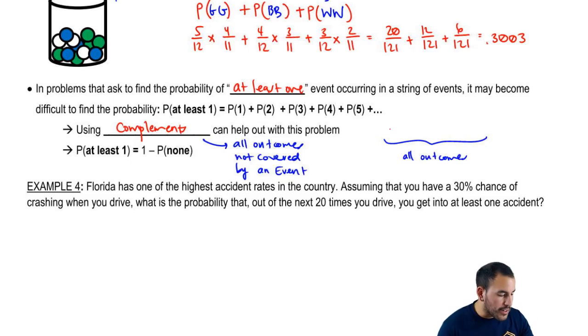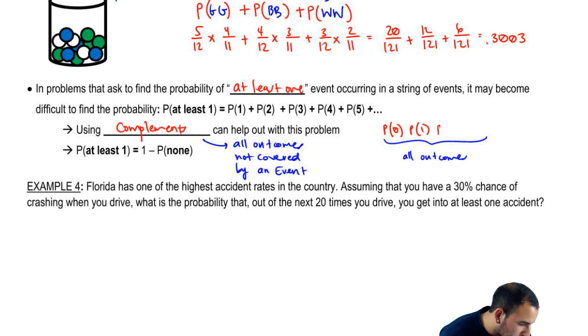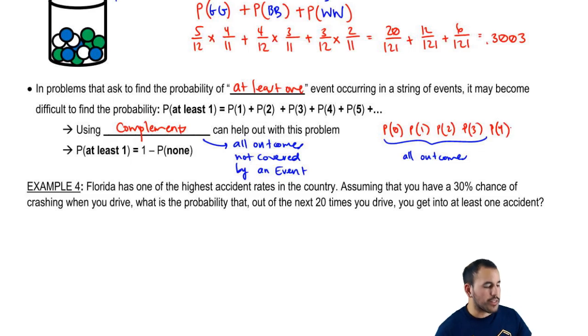If we have our whole string of outcomes and we say the probability of 0 heads, probability of 1, let's say we flip this coin 5 times. Or 4, because I'm tired of writing numbers. So we flip this coin 4 times, there's 5 outcomes, right? We can get no heads, 1 head, 2 heads, 3 heads, or 4 heads. Cool? So now, if we say at least one head